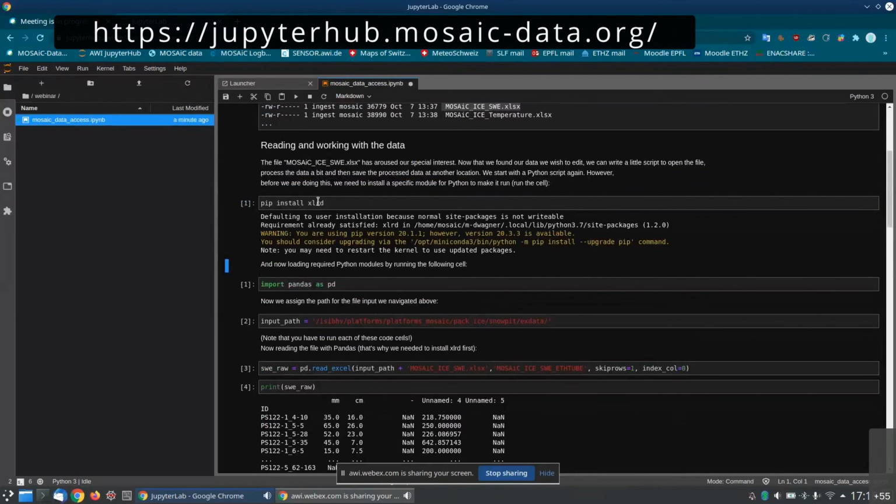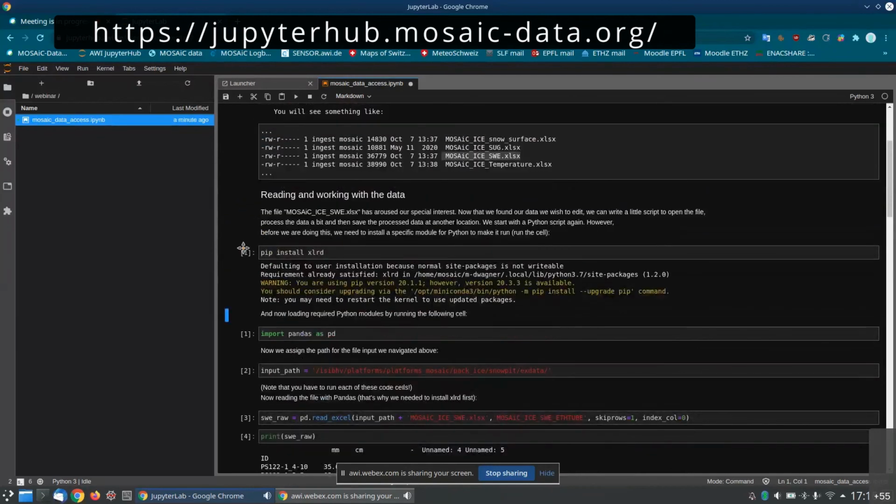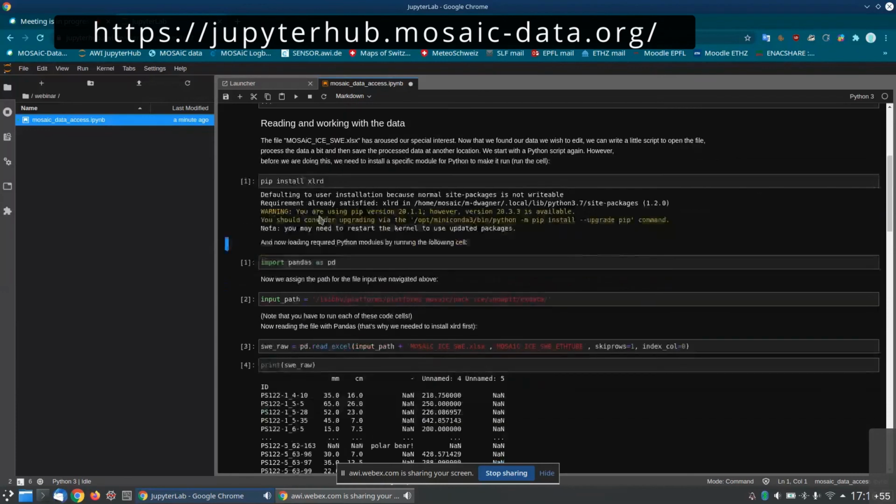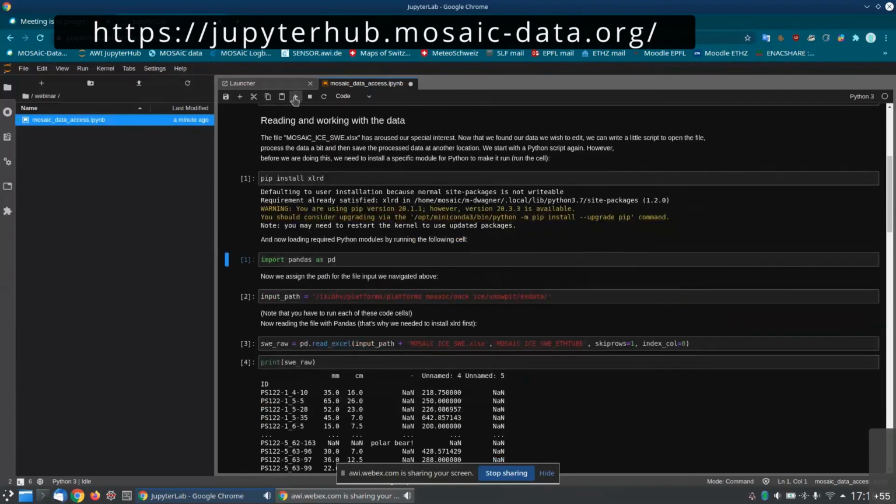In this case, I needed to install a module for Python first, but I refer to Stefan's presentation. You should really rather use this Anaconda environment or create environments and install packages there. So then I import